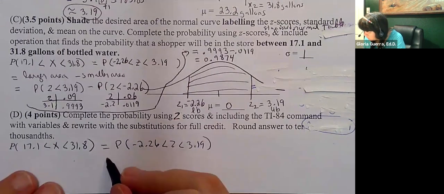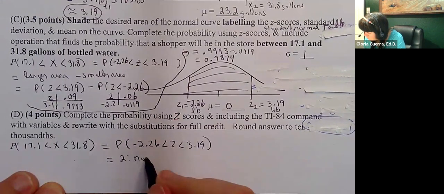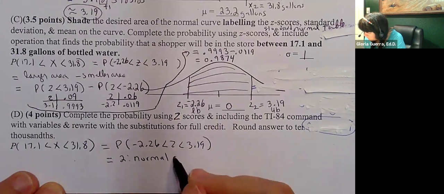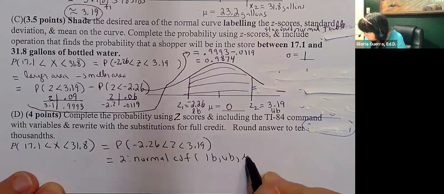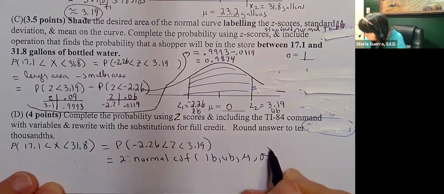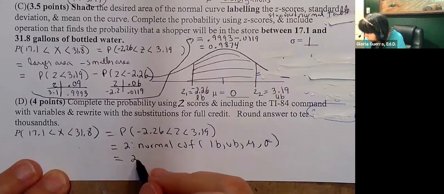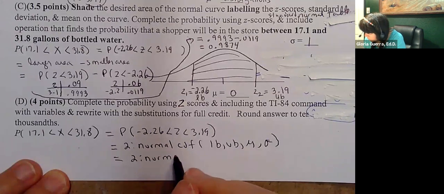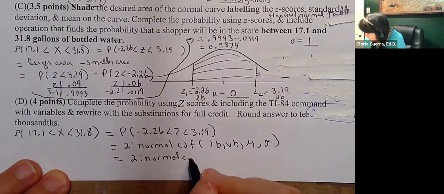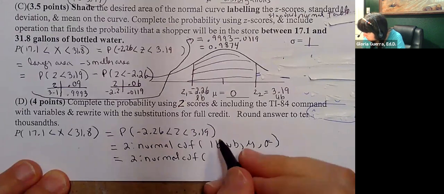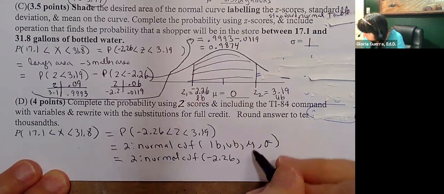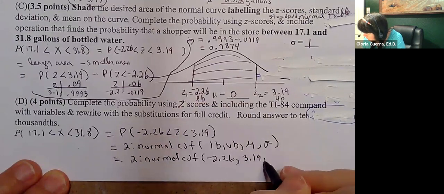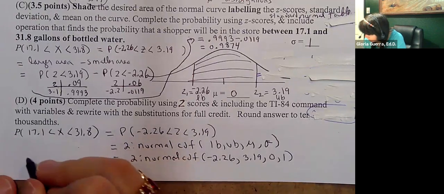And then we used the normal CDF: lower bound, upper bound, mu, and sigma. And then the lower bound was here, negative 2.26, and then the upper bound was 3.19, and then mu was 0, sigma's 1. And that was a second